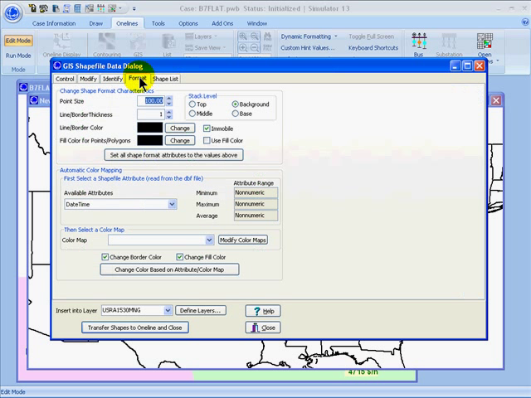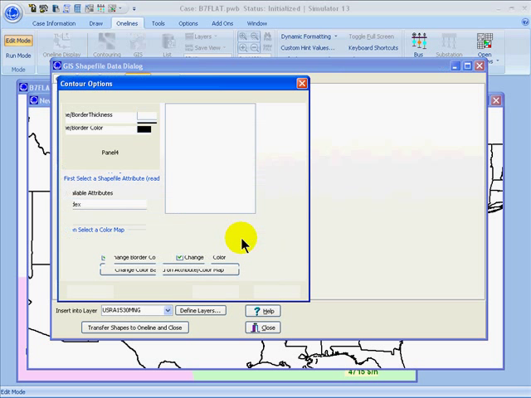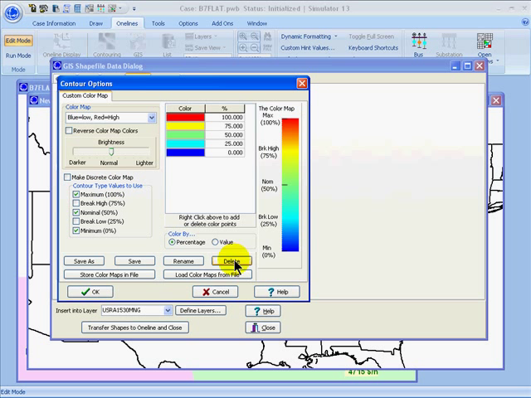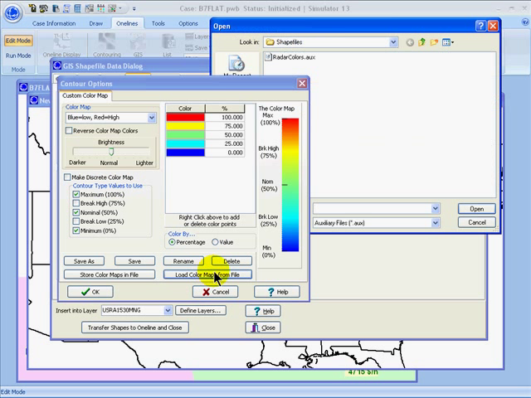So I'll go back to the Format tab, and then I'll choose an attribute. In this case I want index, and then I want to assign a color map to it. So I'll click on Modify Color Maps, and then I want to load a color map from a file. And this is one that we have prepared specifically to be compatible with this particular shapefile. So I'll select the one called Radar Colors,